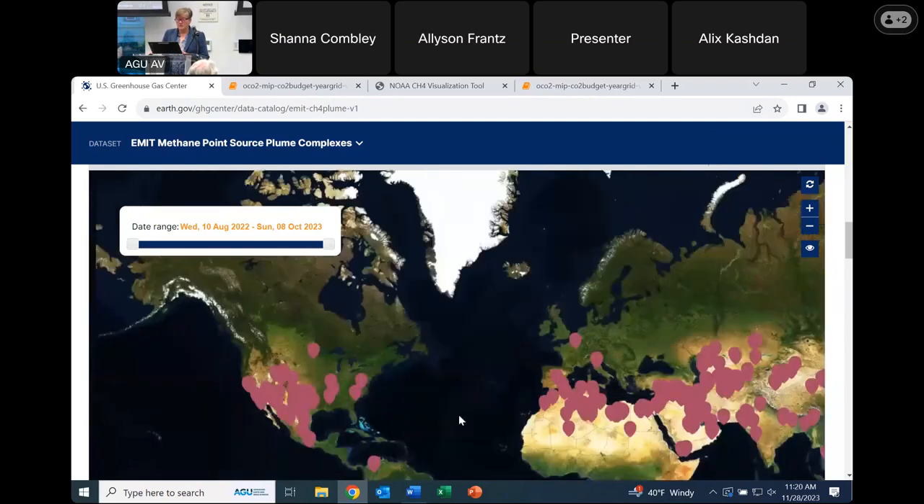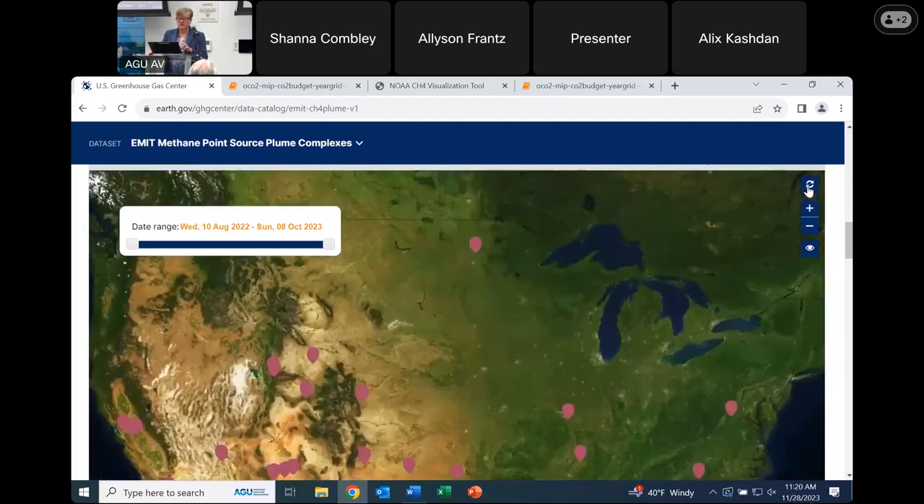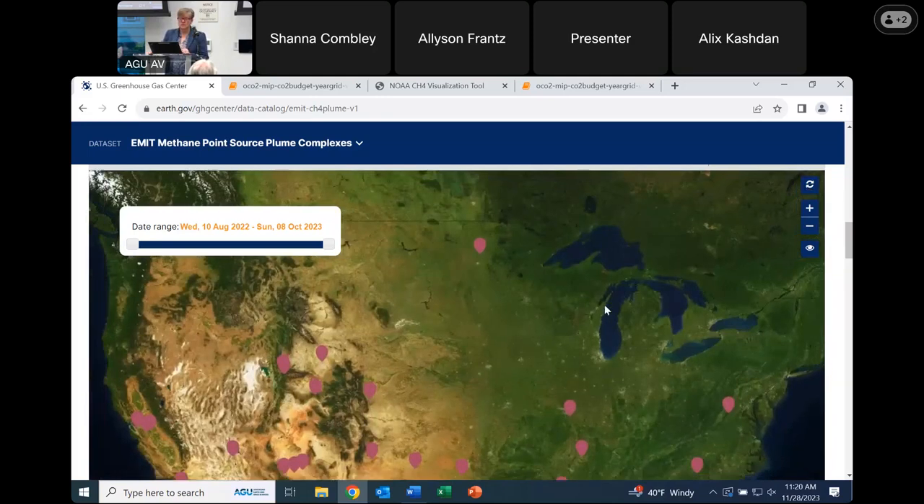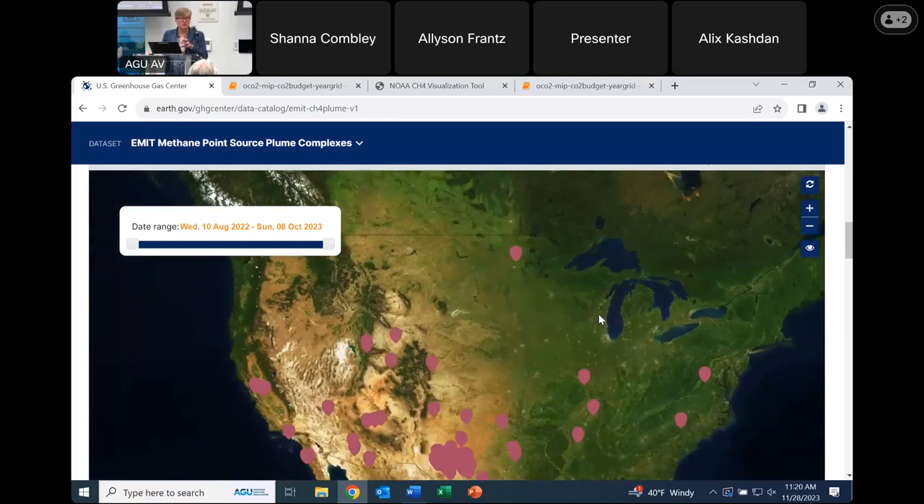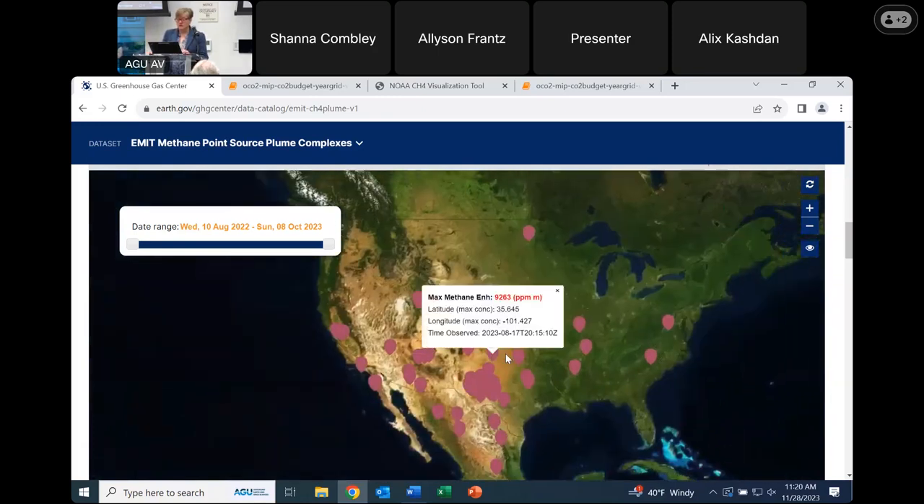Next, there's a nice little button here, which I haven't pointed out yet. This little circle with arrows is to reset, and it'll reset to the default. So if you're out in the globe and you want to come back to where we were, it would reset to the US. So that's kind of handy. And what we're going to do here is pop into the Permian Basin area, where you see this big blob of